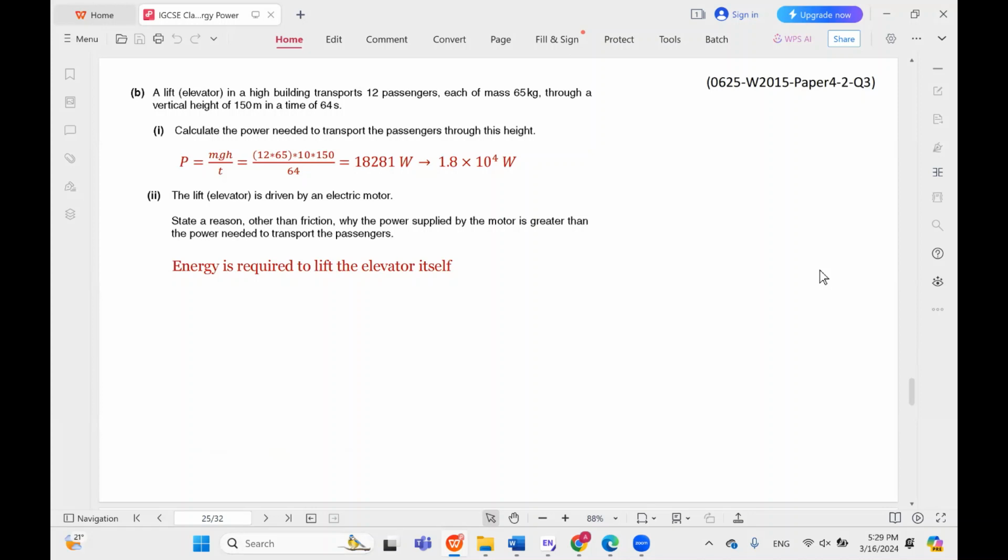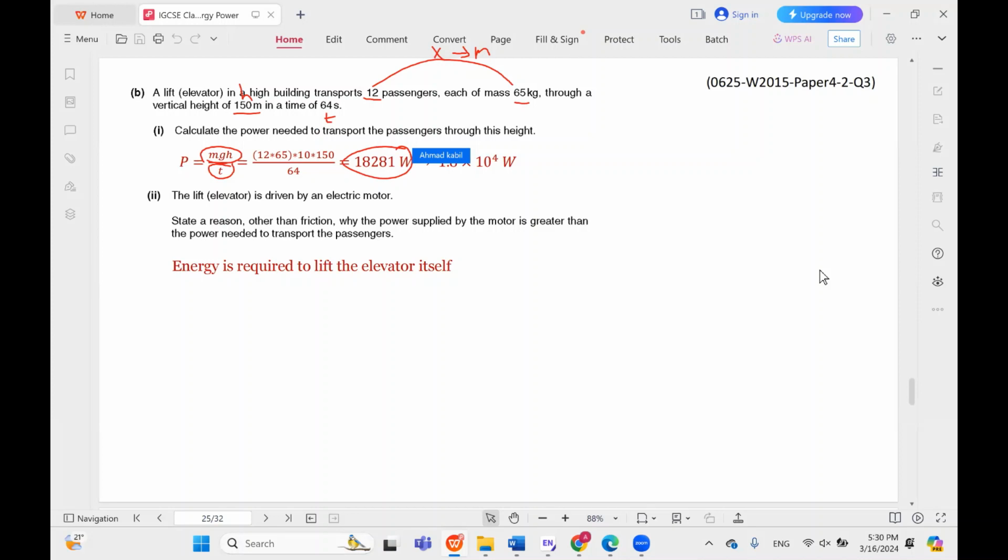We have the potential energy here as mgh, and this is divided by time. And we are given everything we need. So this is the time here, and we have the 12 is the number of passengers, each of mass 65. So these two together multiplied would give us the mass. If you multiply these two values, you get the total mass. And of course, the height is given as 150 meters. So this is the height here. And we have mgh over t, and we get